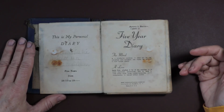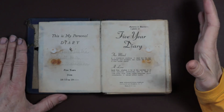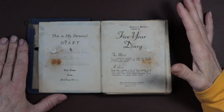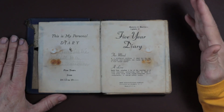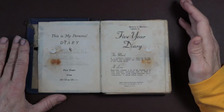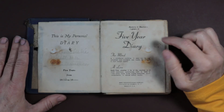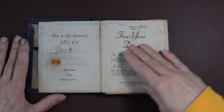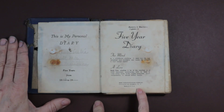I know it's been very popular in the last couple of years for Hobonichi and other Japanese and other companies around the world to manufacture these 5-year, and we don't call them diaries anymore, but journals. Heidi Swapp has been famous for her little community, and I was part of it for a while, of Stop the Blur. Well, right here, this was written in 1943, so I don't know when this was actually manufactured because they don't have the date on it, but it says,